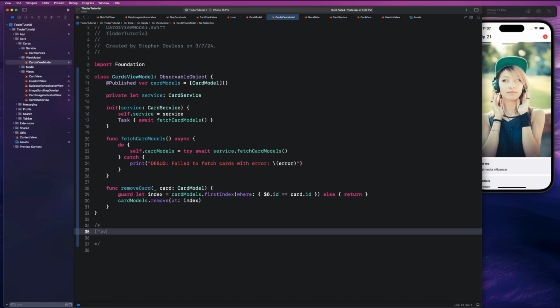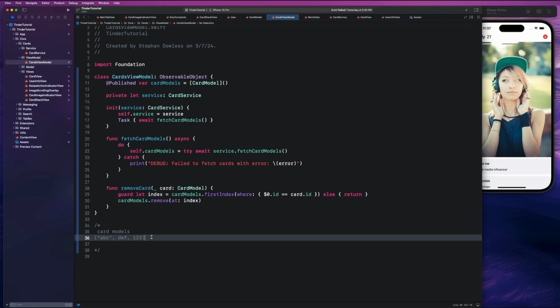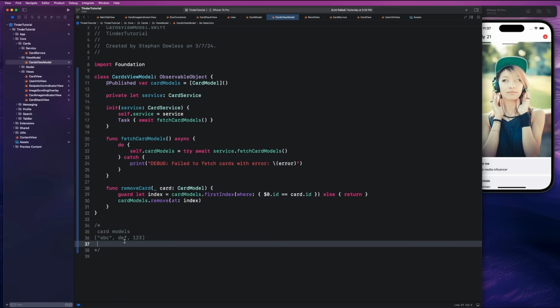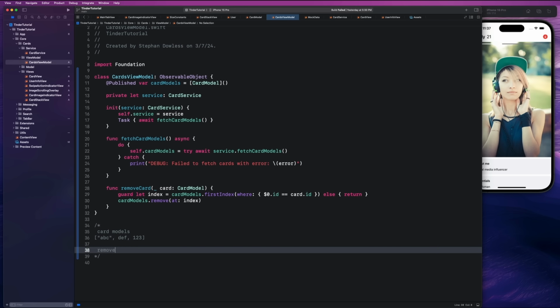And it's like A, B, C, D, E, F, and like 1, 2, 3. Let's imagine those are the card IDs that we have in our card models array, right? So then let's imagine we call this function and we're trying to remove a particular card. So let's say we run a remove card DEF, right? Okay, so what we have to do is go through this array, find DEF, and then say we